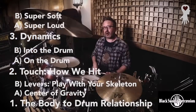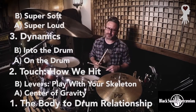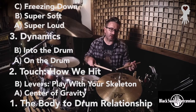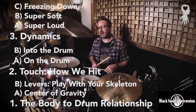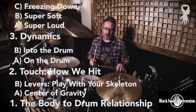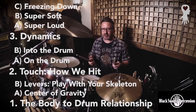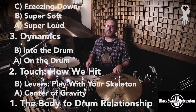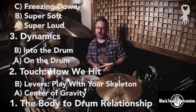A very important part of this, in terms of thinking in extremes, is the concept of freezing down. Start all notes and end all notes at an inch above the head or hi-hat. What this does is allows you to play at any dynamic level and be ready for anything at any time. A great way to practice that on the drum kit is to do rim shots for the accents and play into the drum, and then play on the drum for the unaccented ghost notes,